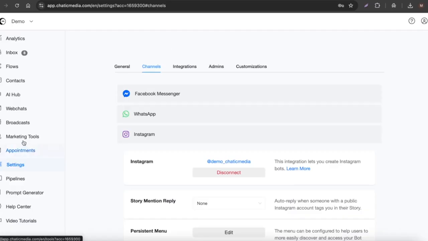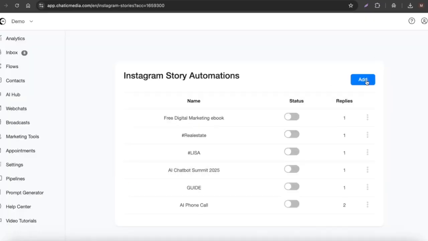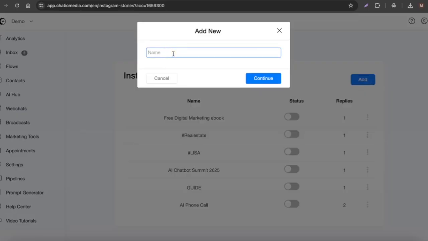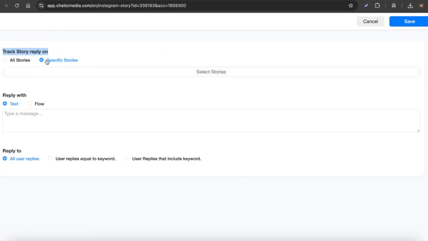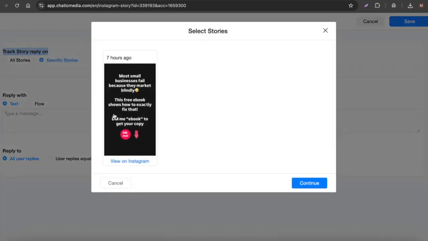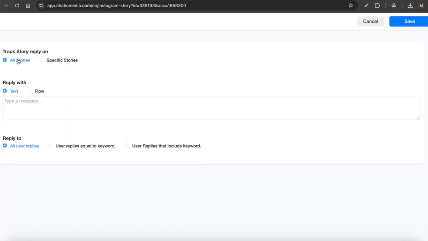So here you have to simply go to the marketing tools over here and choose Instagram story automations, and here you have to click on add new, and let me say free ebook. All right, and here you can see track the story reply on all stories or specific stories. So if you want to run this automation only on this specific story, you can easily choose that one. Otherwise you can actually choose all stories, which simply work for all the stories you are going to post over there,